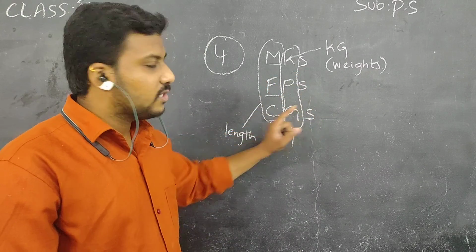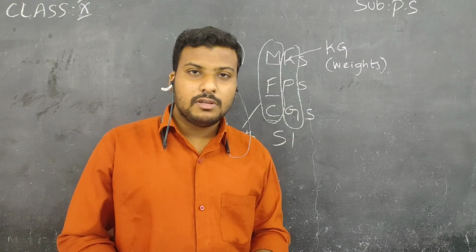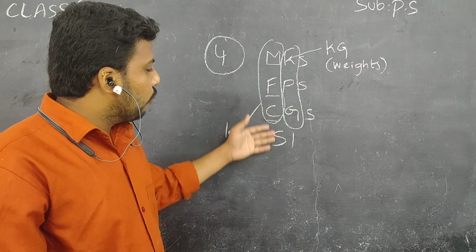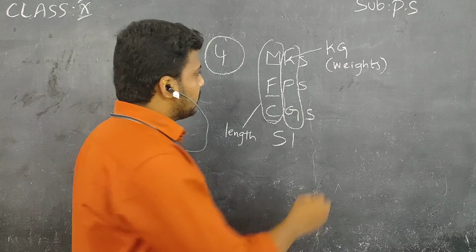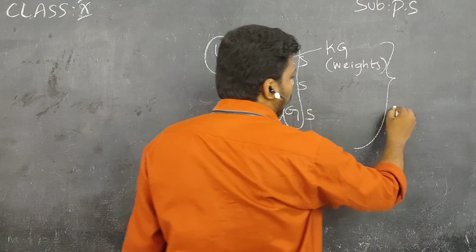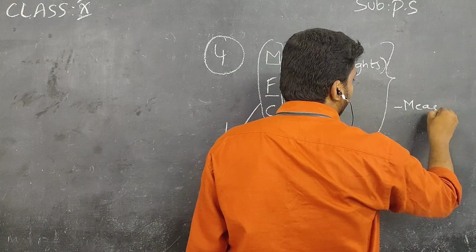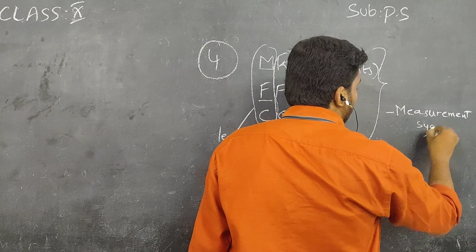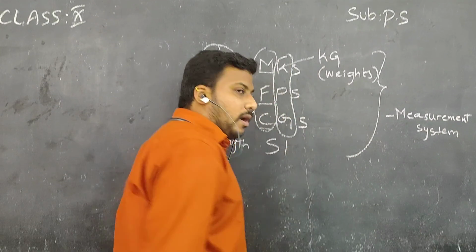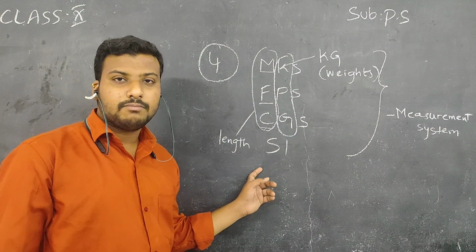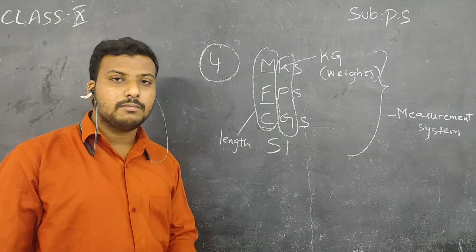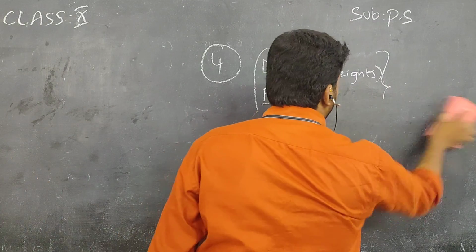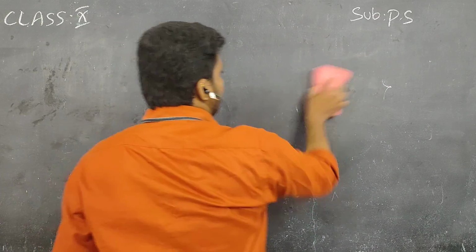Next, what is S? Seconds. Time is always measured in seconds. So these 4 are the measurement systems, but worldwide we use the SI system, that is nothing but the international system. Right now we see what the SI and CGS units of heat are, children.